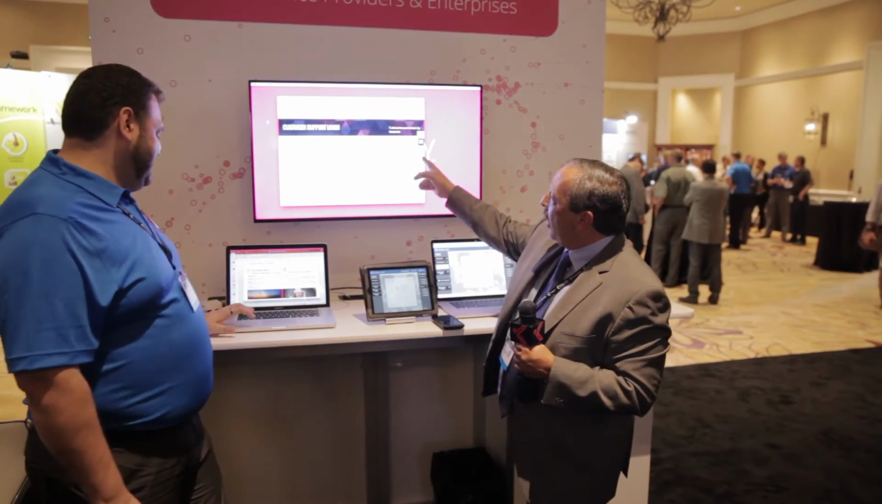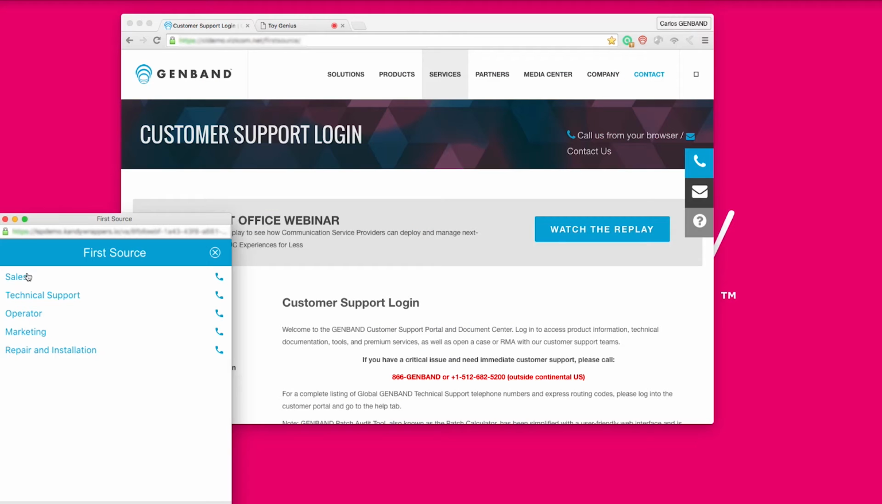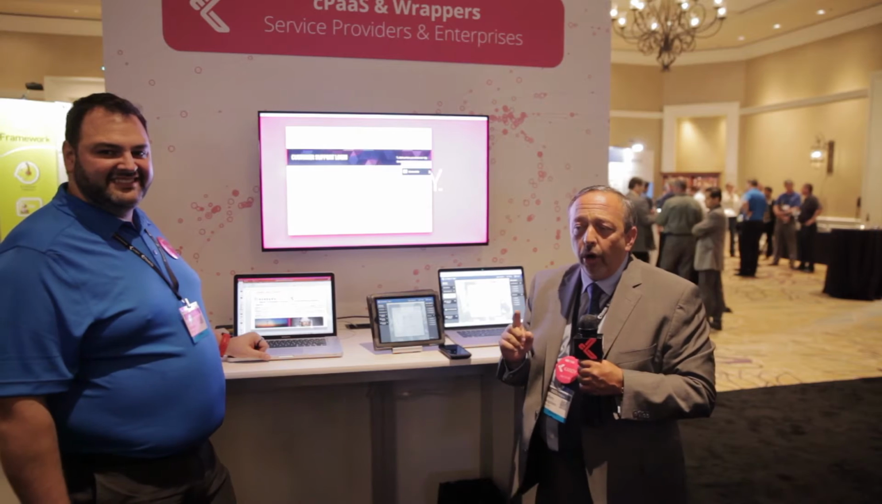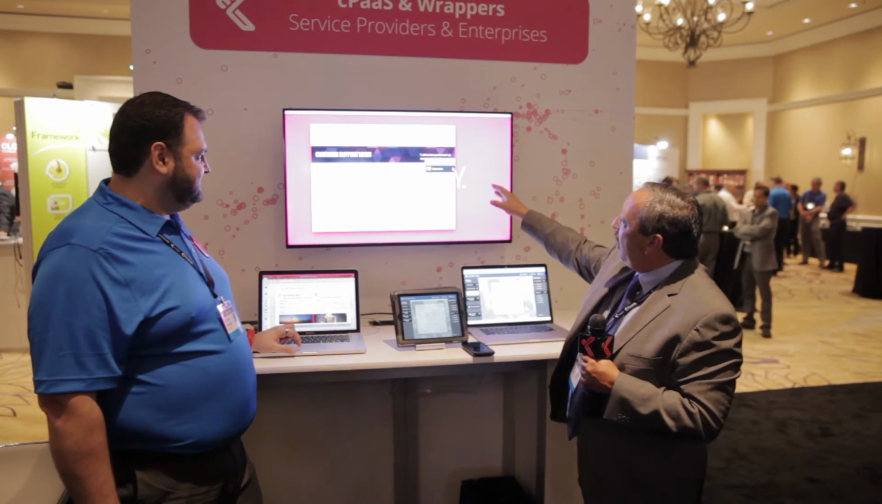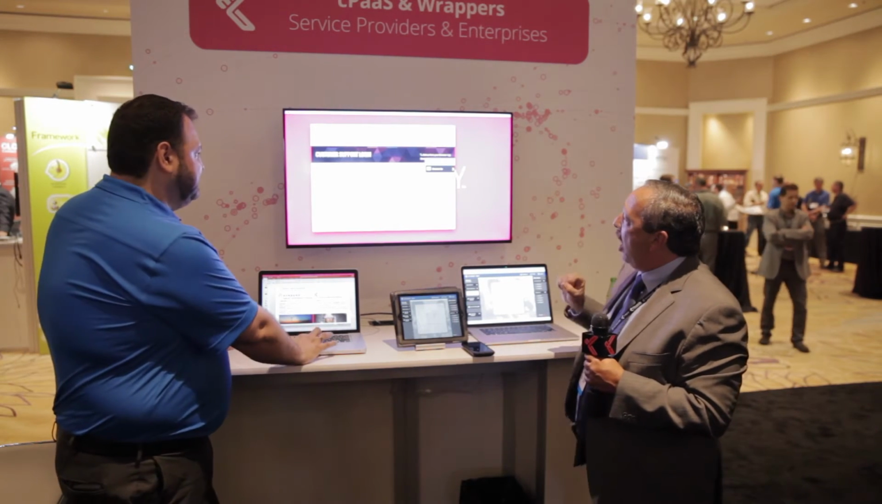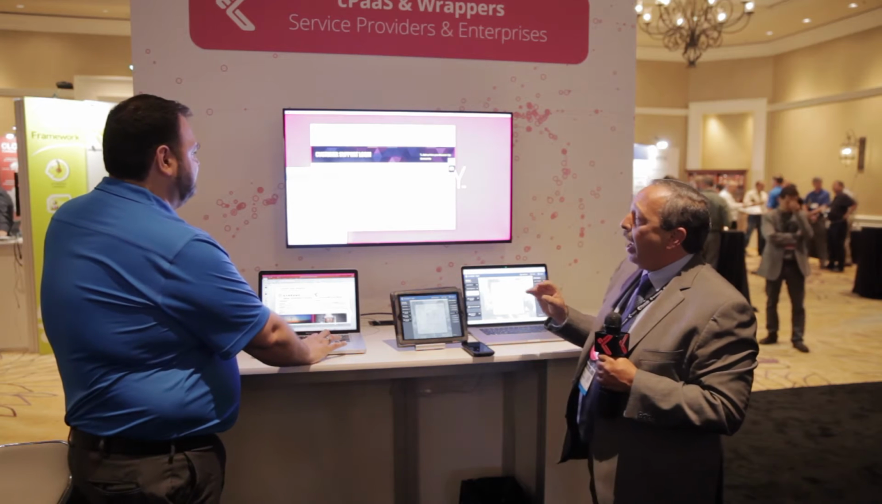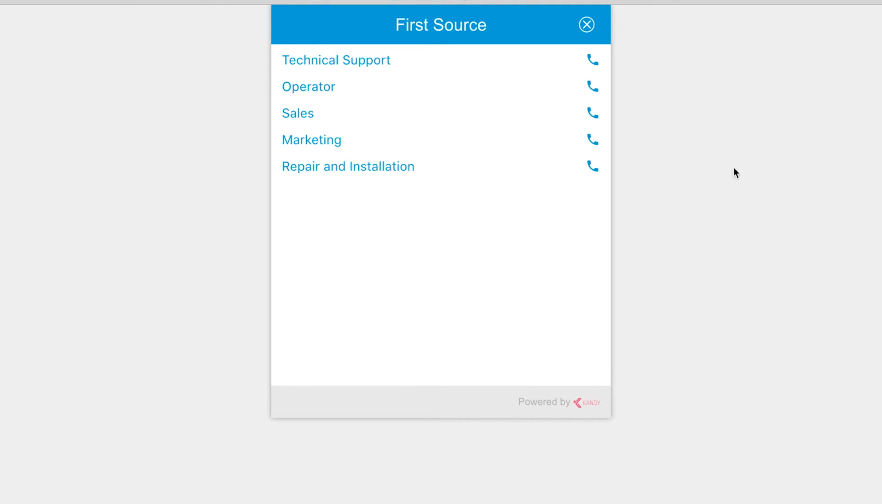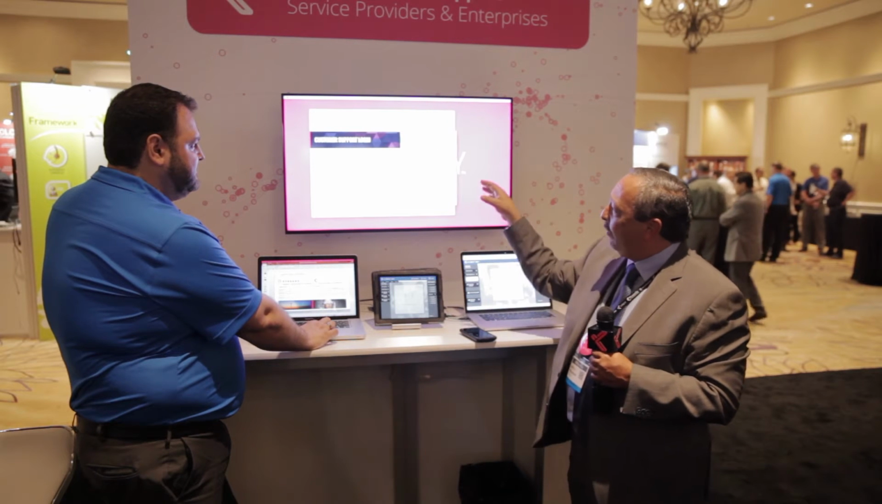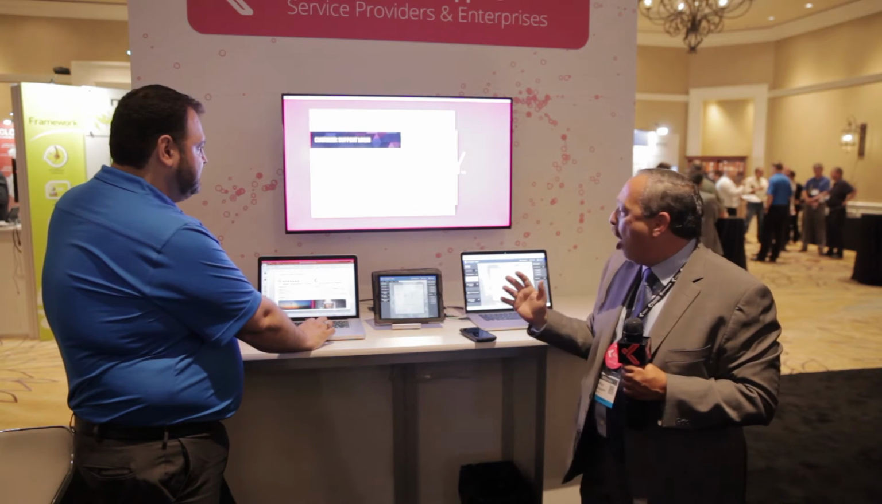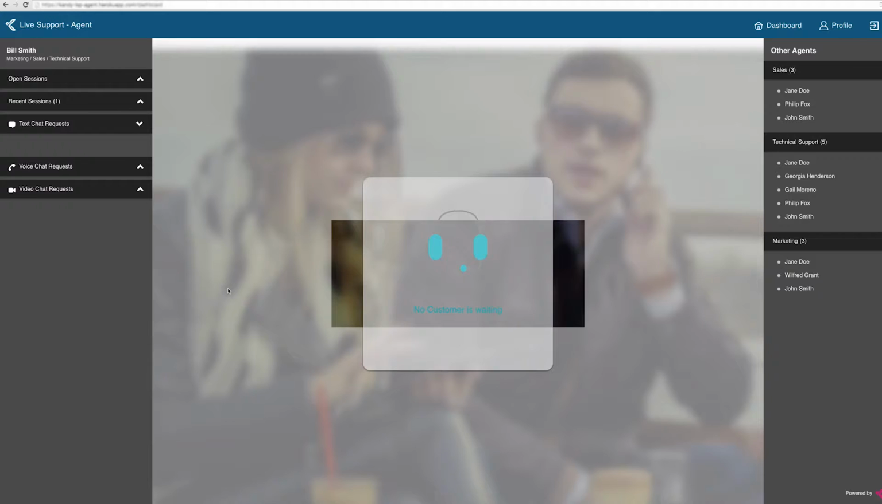And so what you're looking at up here is a standard website that we've embedded one line of code to create an in-context, real-time communications experience. So as you can see, Carlos is clicking on the browser button. There's a menu. In context, meaning you can go to sales, you can go to technical support, and what's going to happen is when Carlos finally gets to where he wants to go, it's going to come up on this